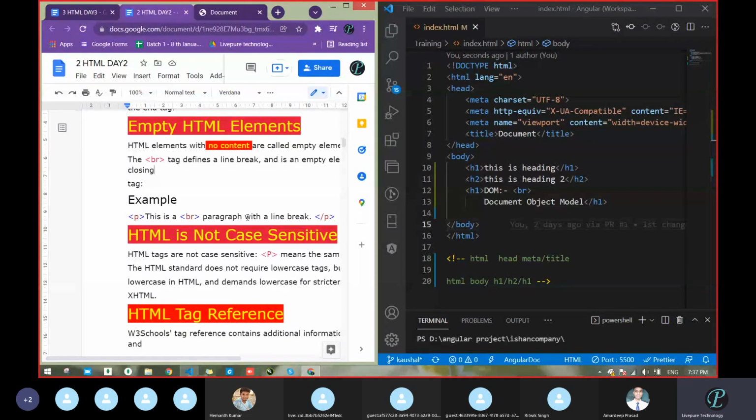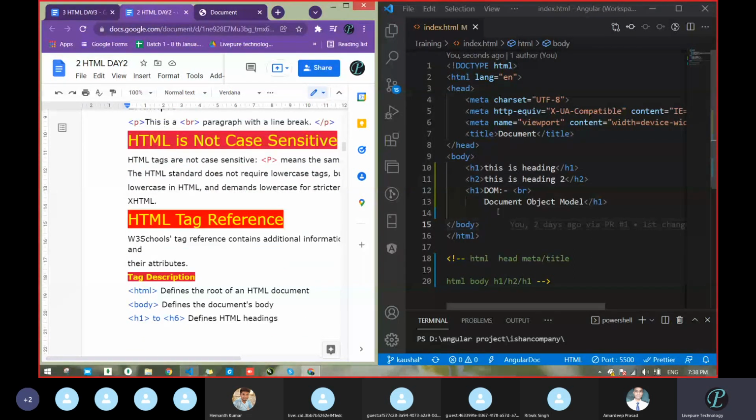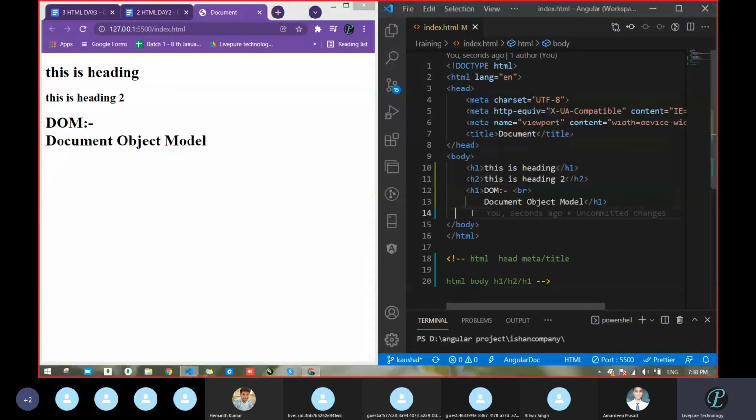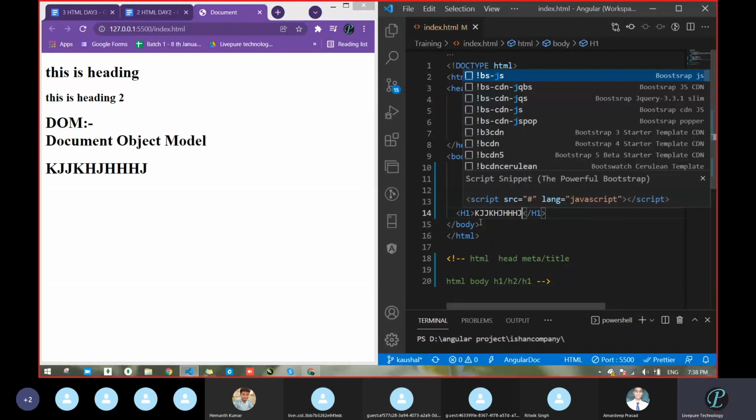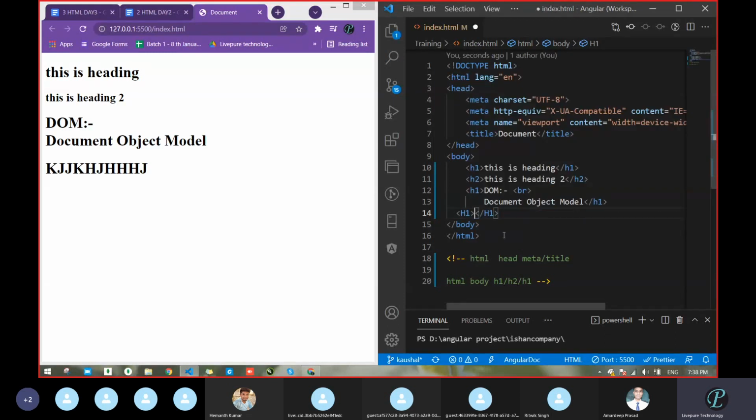Second, case sensitive. Now verify whether HTML is case sensitive or not. Suppose we are writing always like h1 something like this. Do one thing. Remove this small h and put capital H, and let's verify. See, the same thing. Don't think that due to this capital H, this is also coming capital.